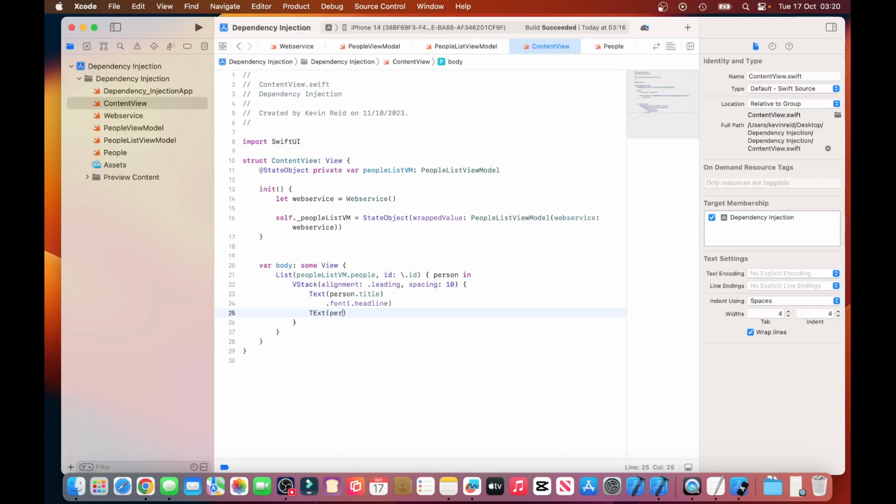Text(person.name). So within the list we will display the title of the person, the name of the person,